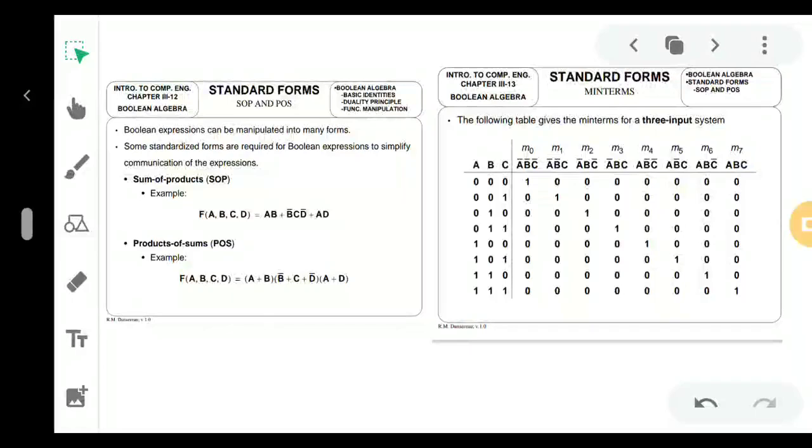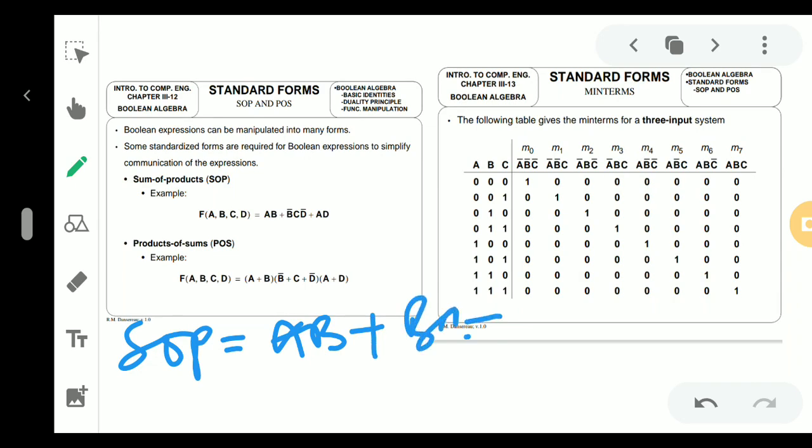Okay, so let me give you an example quickly of what is sum of product and what is product of sum. Let me first give you the example of SOP. SOP is equal to sum of product. You remember, sum of product. We are first of all finding out the product of the terms, and then we are doing OR. It means the logical sum of two or more logical product terms. So that is known as the sum of product expression.